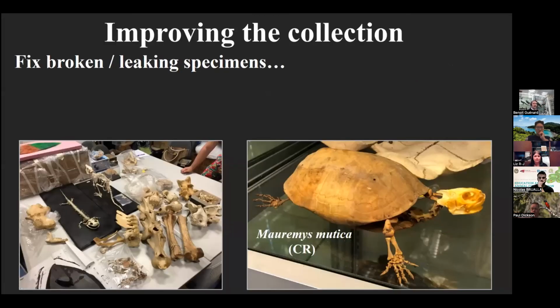Now, we also fix broken specimens. So here you can see some of the skeletons, for example. We had a program where people helped us and donated some of the funding that we used to actually fix some of the specimens. And by doing so, we actually realized that some of the bones that we have were quite important. So for example,